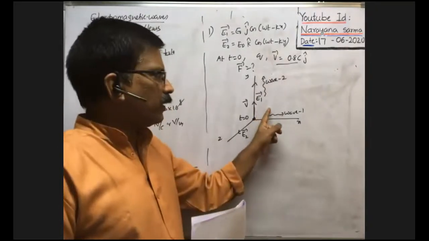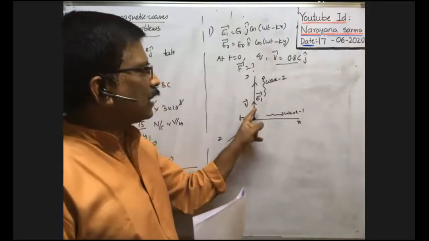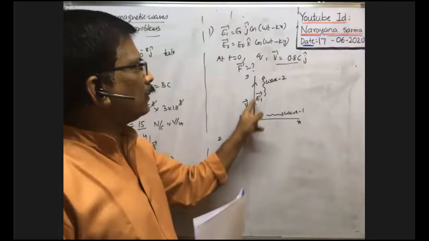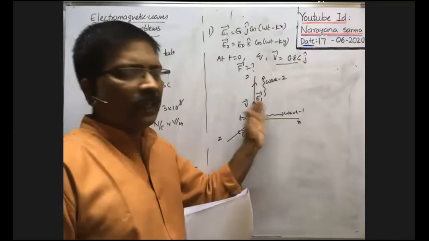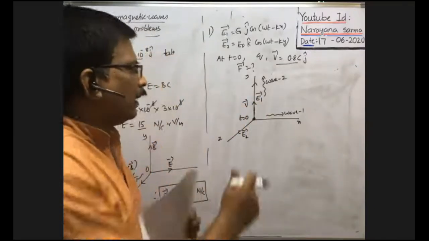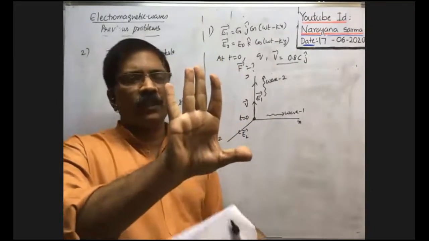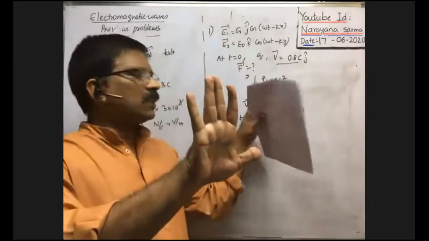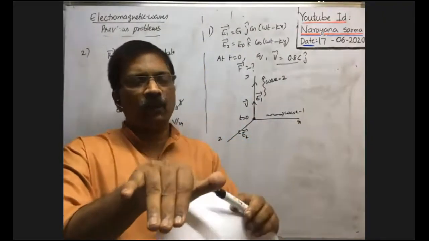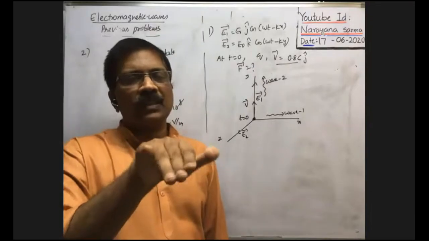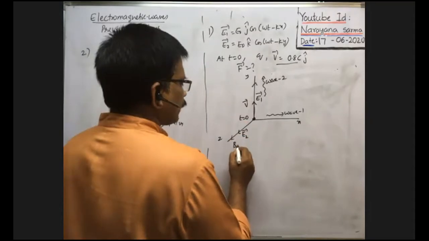In case of the first wave, the first wave travels along positive x-axis and the electric field in the first electromagnetic wave lies along y-axis. Then what is the magnetic field direction in the first electromagnetic wave? Very good, along that axis. Along the direction of propagation of the wave, you keep the thumb, the remaining fingers along the direction of E bar. When you curl these fingers towards B bar, then the propagation of the wave must be along this direction. That's why in this direction the magnetic field lies. So due to the first wave, the magnetic field is along this direction, B1 bar.